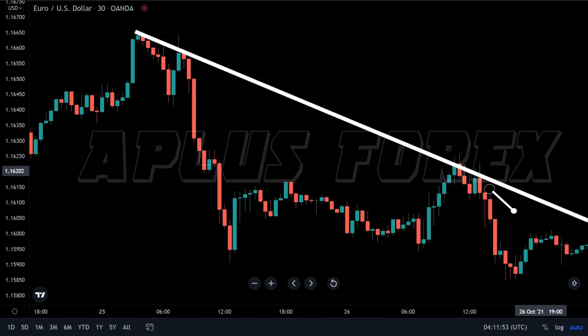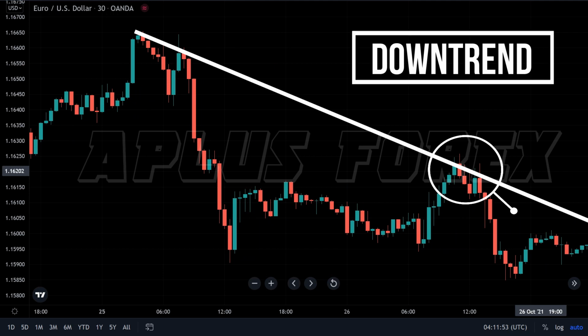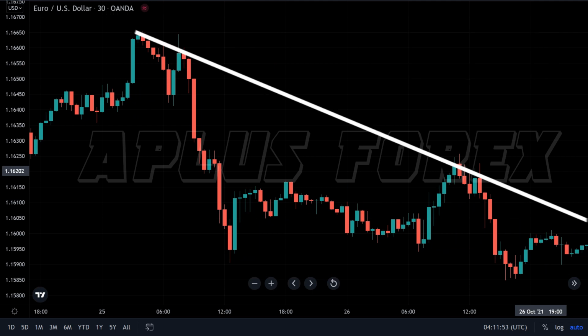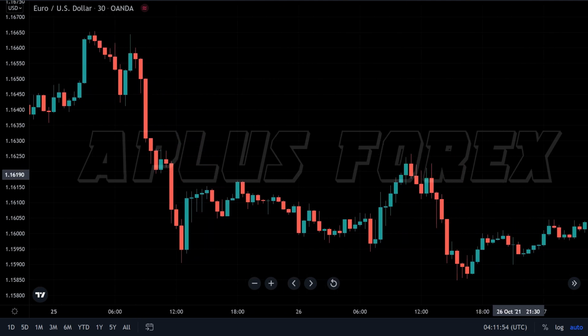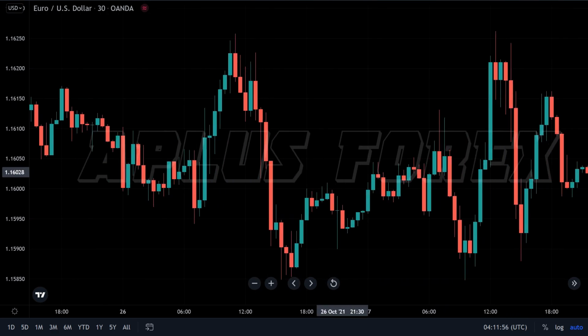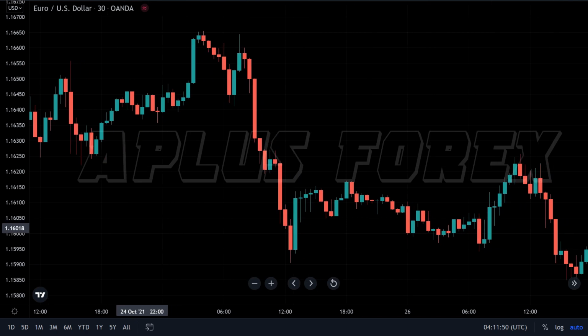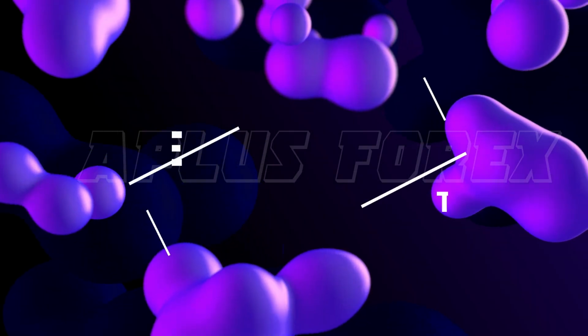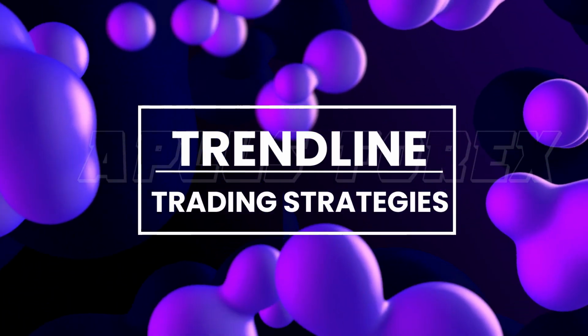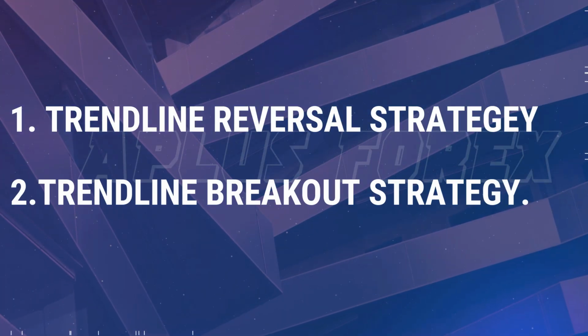Even if the price moves above a descending trend line, the price is still in a downtrend if it makes lower lows and lower highs. Even if the price falls below the trend line, the price is still in an uptrend if it makes higher highs and higher lows. So we will check on two major trendline trading strategies, which are the trendline reversal strategy and